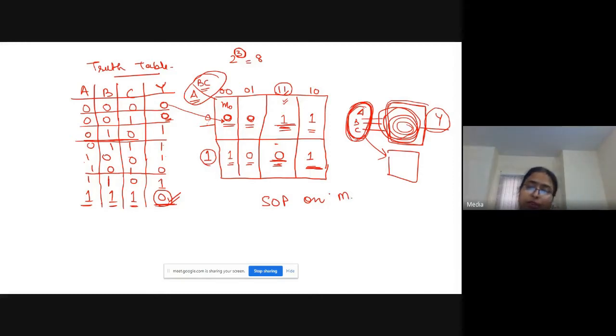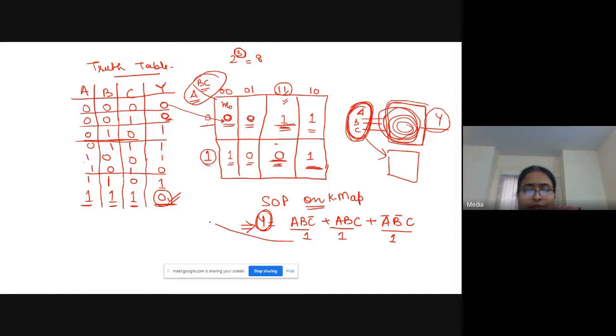This is SOP. What is SOP? Sum of product. Now this is the truth table. If I am giving a Boolean expression A B C bar plus A B C plus A bar B bar C, what does this denote? This denotes that for these combinations of inputs, my output is high. Means this is one, this is one, this is one.